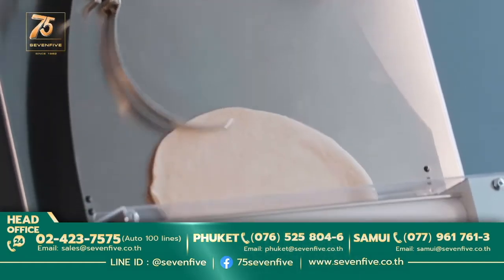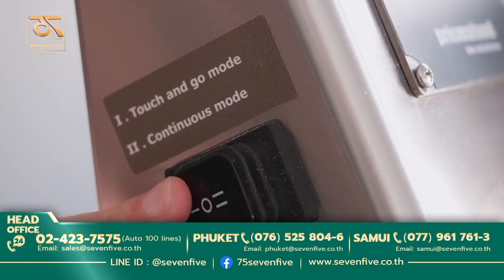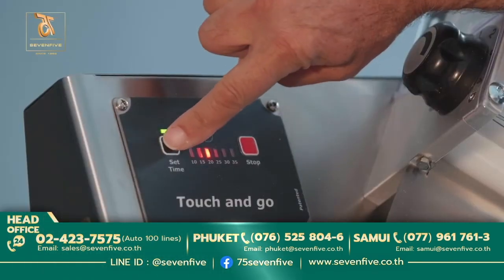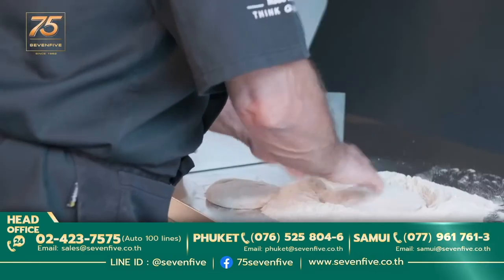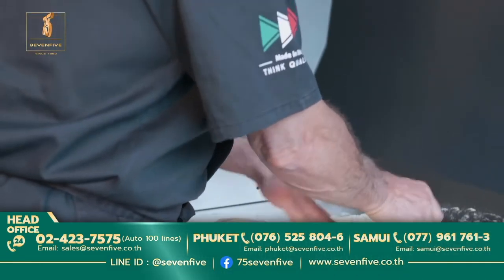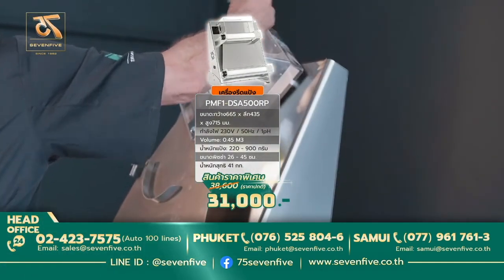Move the switch to position 1 to switch the machine on in the touch and go mode. Push Time Set to set the time you want the machine to work for. The rolling machine is now set. The passage of the dough over the upper slide will start the rollers automatically. In this way, the machine's motor will only start when the